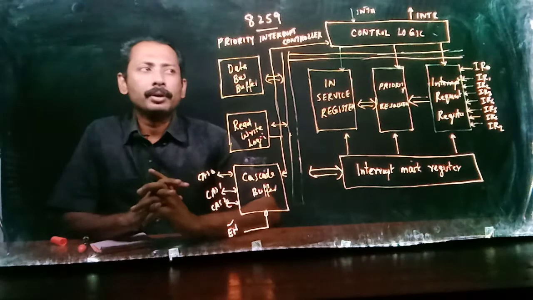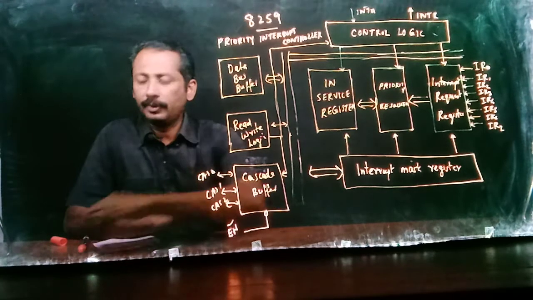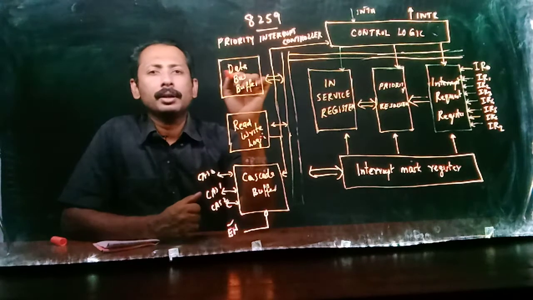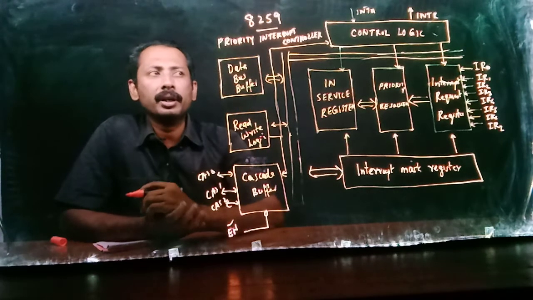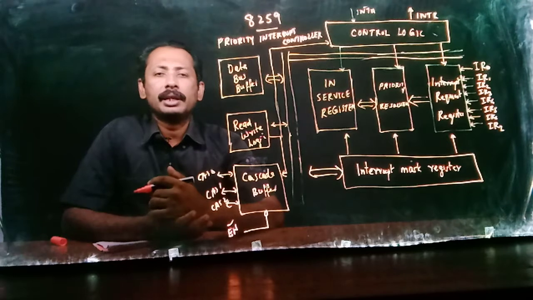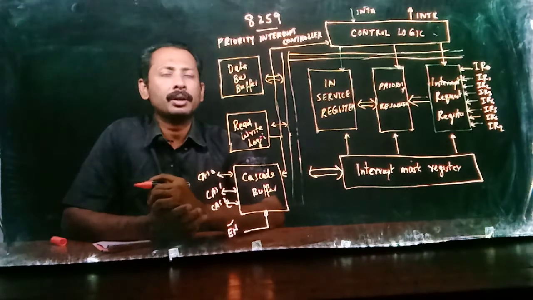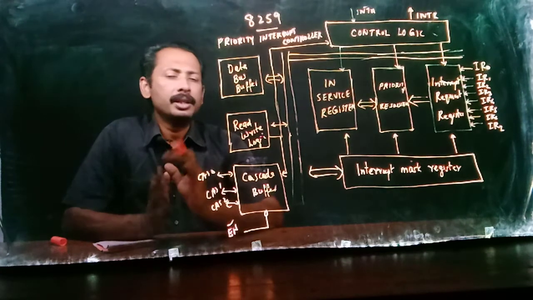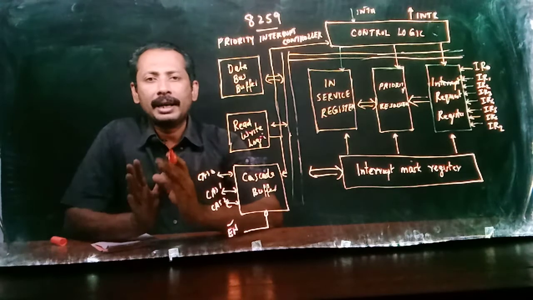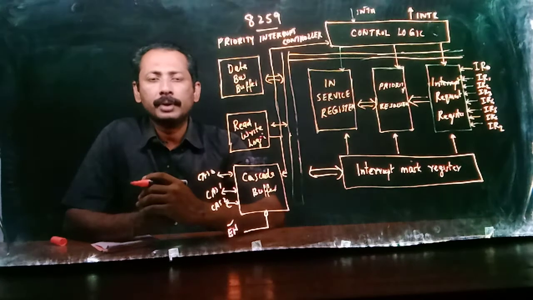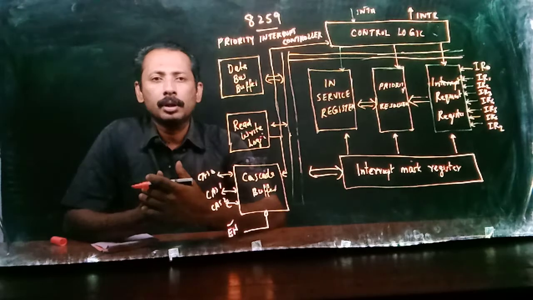We are going to deal with 8259. This IC is a priority interrupt controller. This IC is used to accept more interrupts than